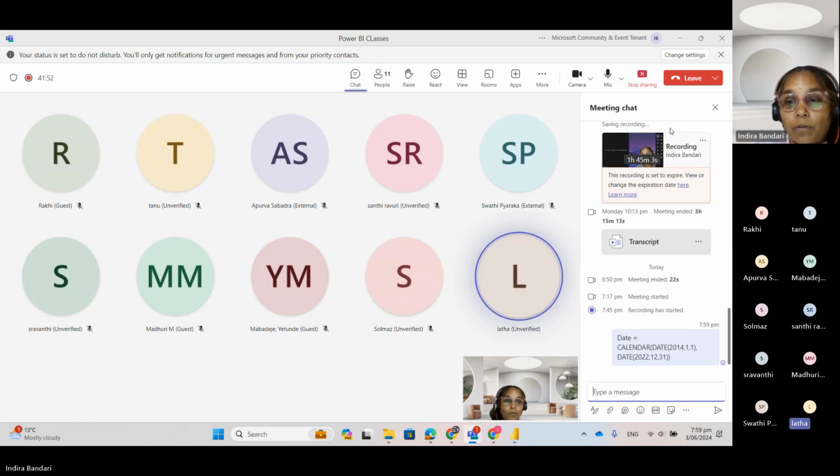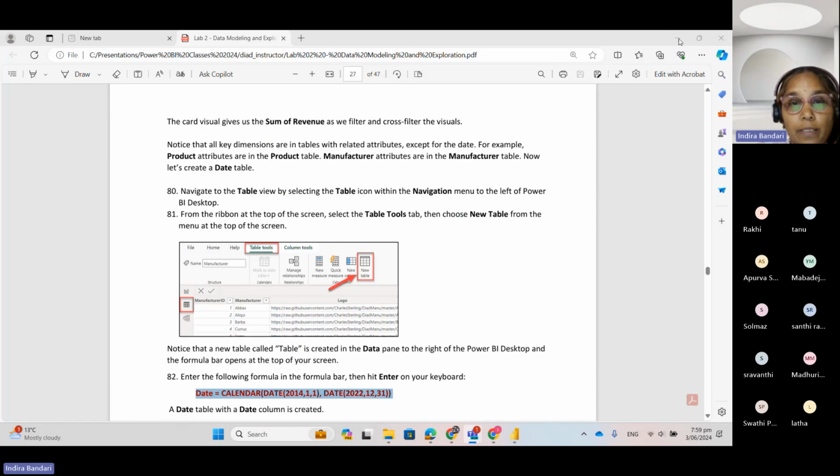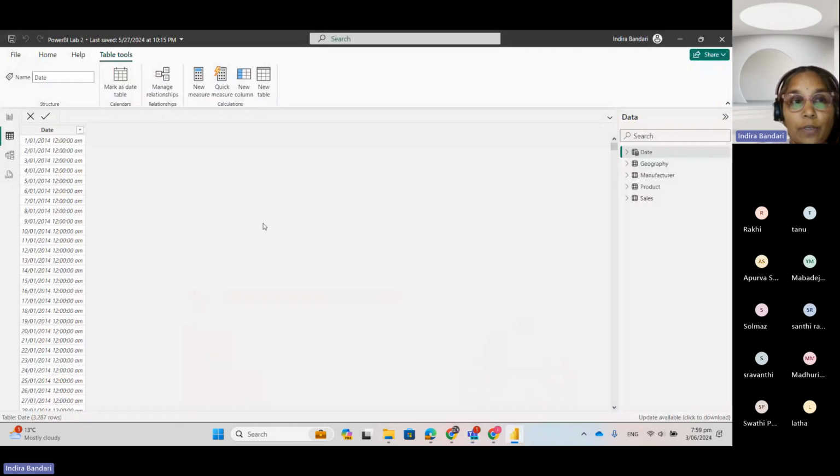Can you see the chat? Okay. So, simple: it is date equals. If I show you again, when you click on new table, it will already say table equals, right? So remove the table and just type date, and then calendar